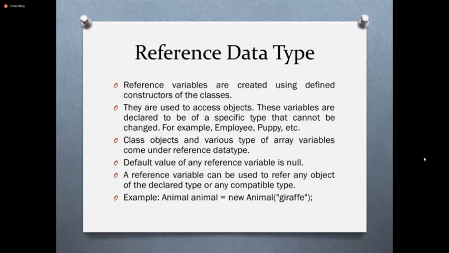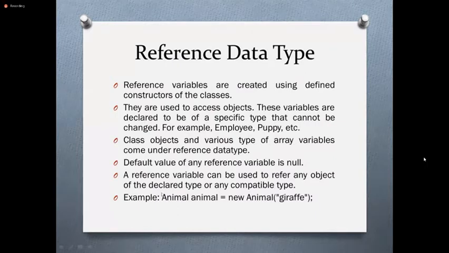Then the default value of any reference variable is null. You can remember that primitive data types also had default values 0, 0f like that. Then a reference variable can be used to refer to any object of the declared type or any compatible type.